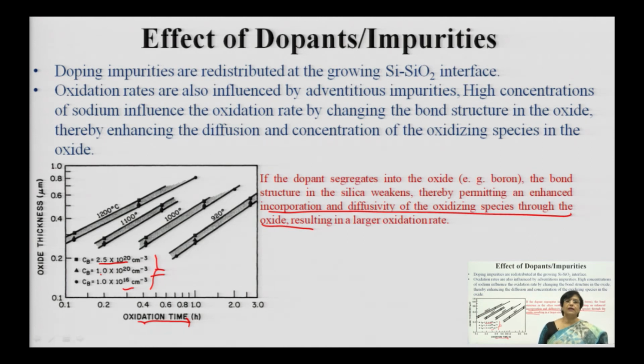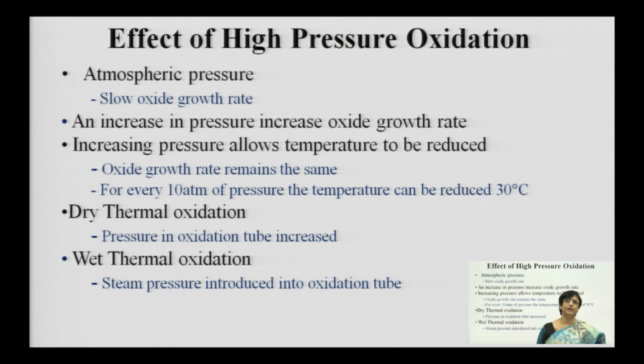So, basically it is enhancing the rate of reactivity, and that is how your oxidation rate is increasing. Another impact you need to see, we always talk about temperature. Now, it is not always possible to enhance the temperature, because elevation of temperature can impact the species or impurities, which will further penetrate down the substrate and may get activated when devices are fabricated, and that in turn can impact the reliability of the device.